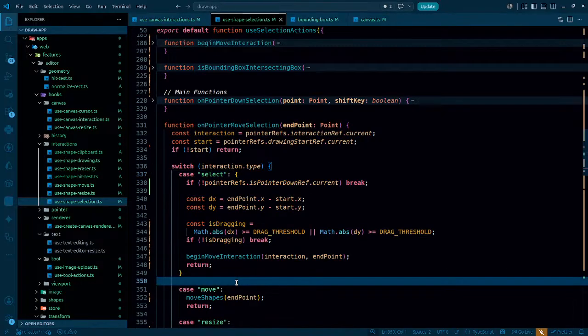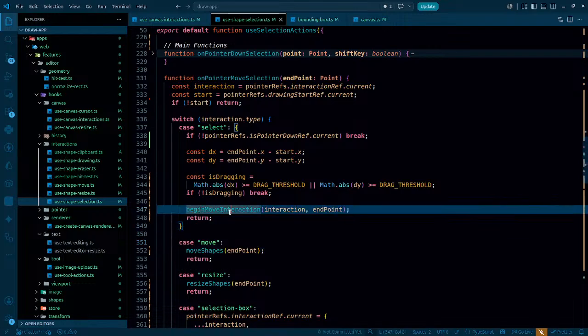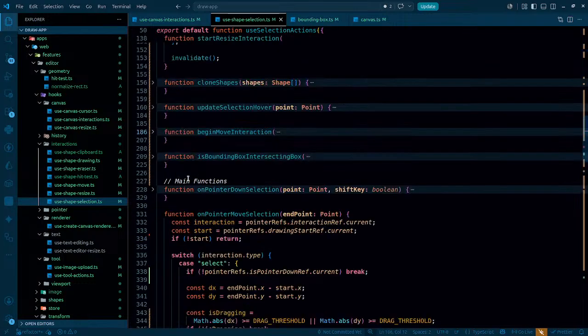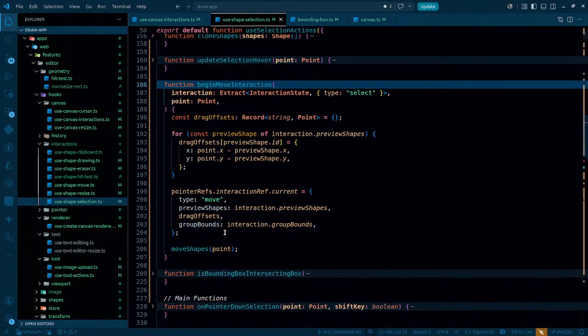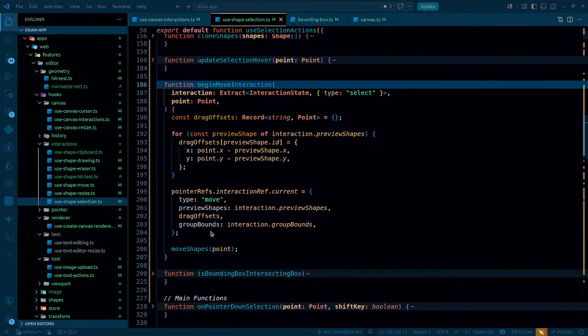It only happens when that is equal to select, but there could be chances that that is already equal to move. Suppose here I already set it to move, of course. So as we move it, and whenever we are just simply moving it, it just becomes equivalent to move. So the next time onwards,